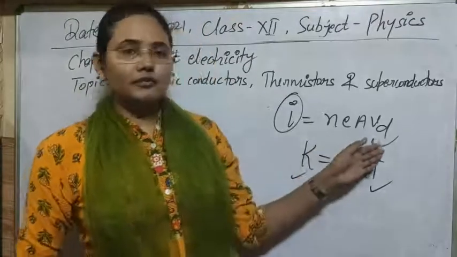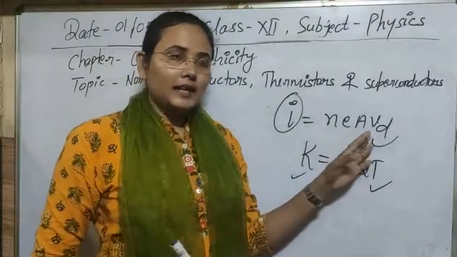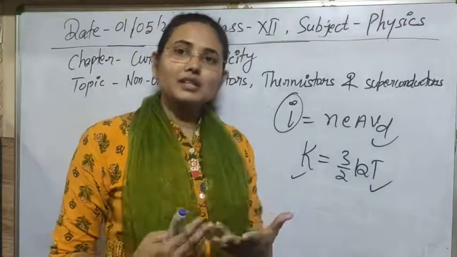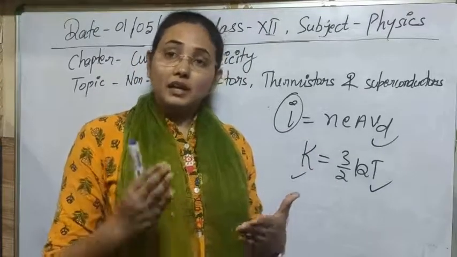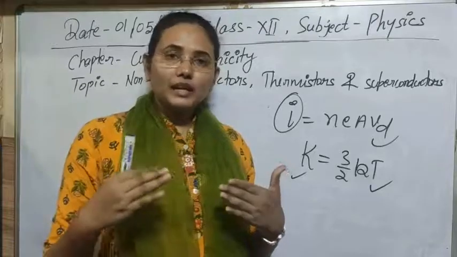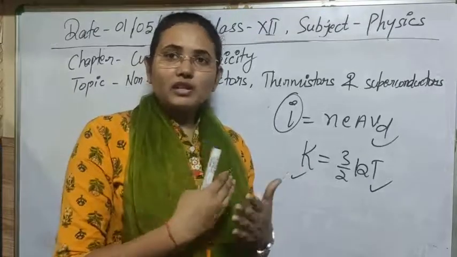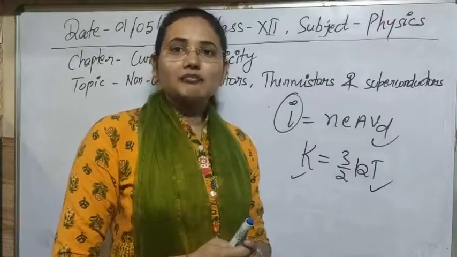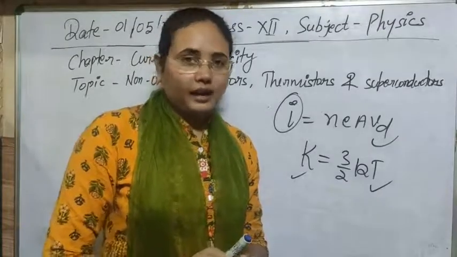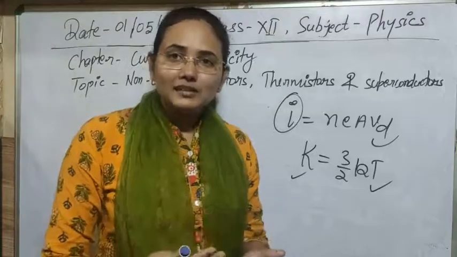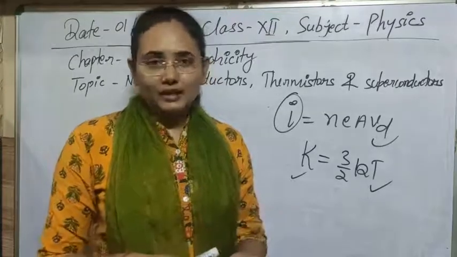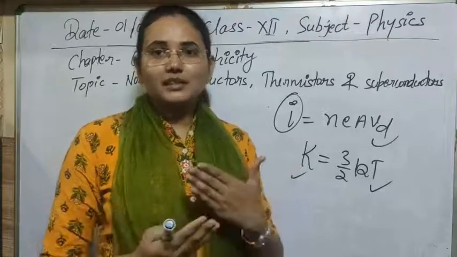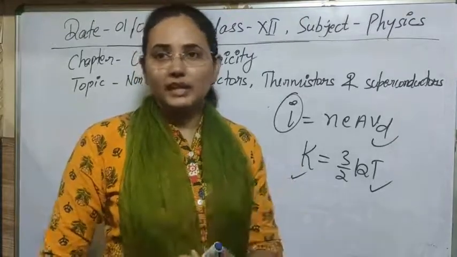In the second option, whenever this Vd changes, meaning velocity is increasing, kinetic energy is increasing, vibration will increase, and due to increased vibration, electrons will collide more frequently. Due to that, the resistance of the system will increase, and as you know, due to the increase in resistance, the temperature of the conductor will also increase. So there also you can understand that temperature is increasing, thermal energy is increasing, meaning the device will get heated.